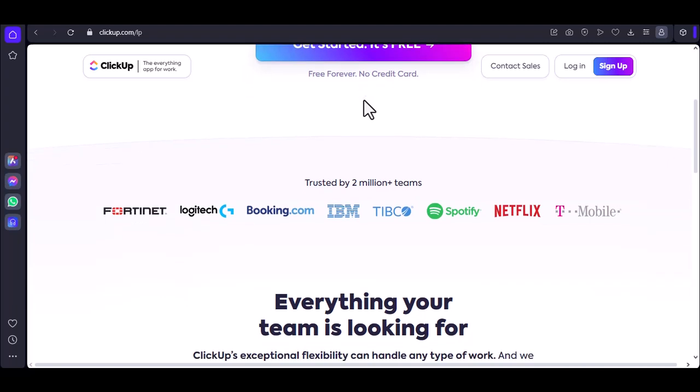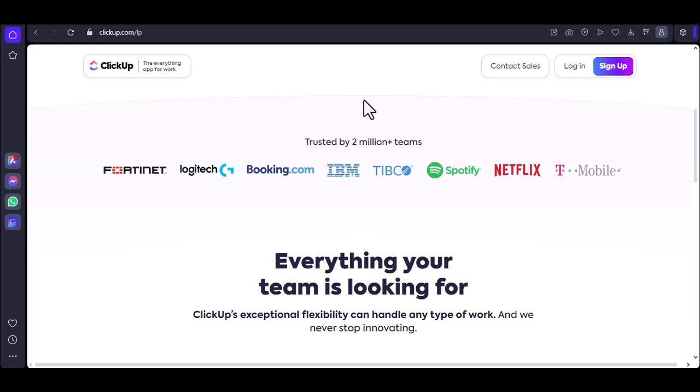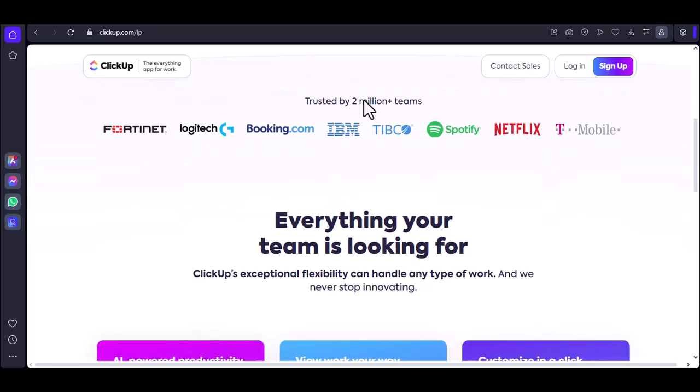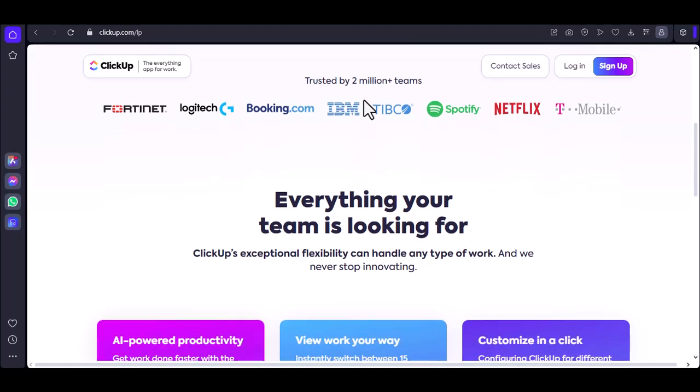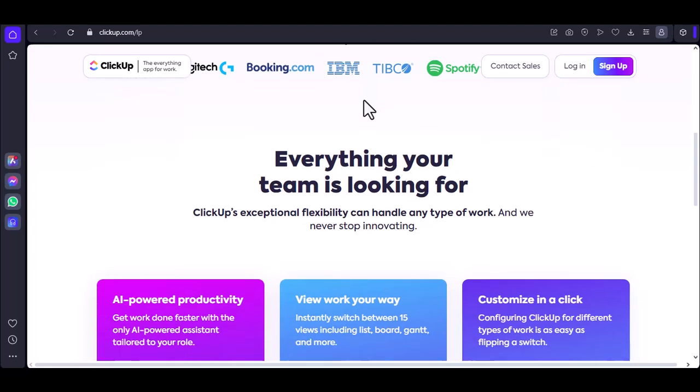If you're willing to invest the time to learn its ins and outs, ClickUp has the potential to be a powerful tool. But if you need something quick and simple, there might be better options out there. Ultimately, the ease of use of any tool depends on your individual needs and preferences. ClickUp is a versatile platform, but it's not a